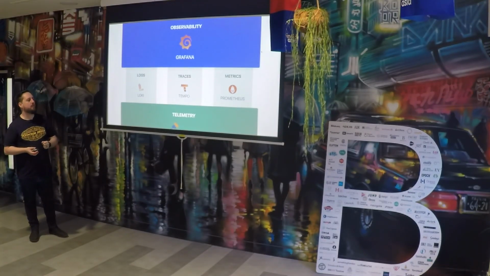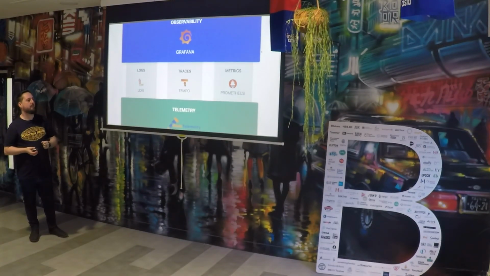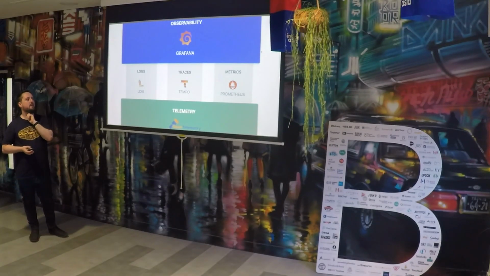So we've looked at all of these different things today, including OpenTelemetry at the bottom there. We've looked at OpenTelemetry and how that's a data format you can use across all of your projects, and how you should just use it and install it because you get things for free, like the auto instrumentation. You can store your logs and look at them in Loki, store your traces in Tempo, and store your metrics in Prometheus. And Grafana gives you this really, really nice way to get all of this data together into one place, so you can use it to have a single view on your entire system or your entire company's systems,